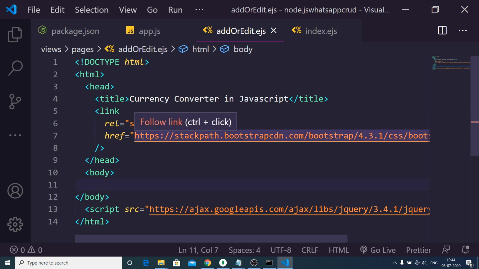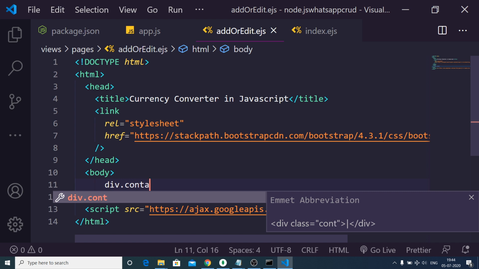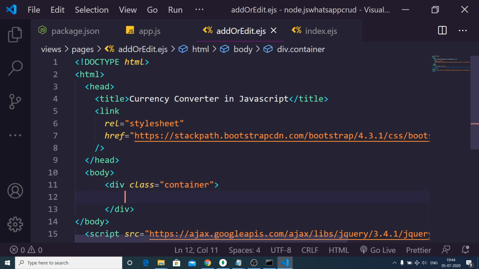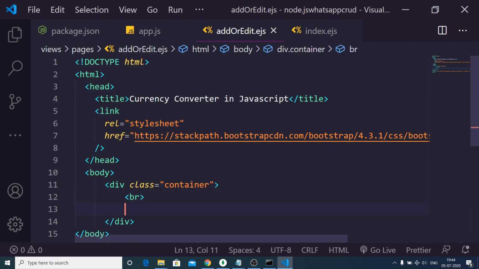So inside this what we need to do is that we need to make a simple form where we can add the group. So again we have a break tag and the heading will be simply, we will be having a text center, and the heading will be simply here add WhatsApp group.